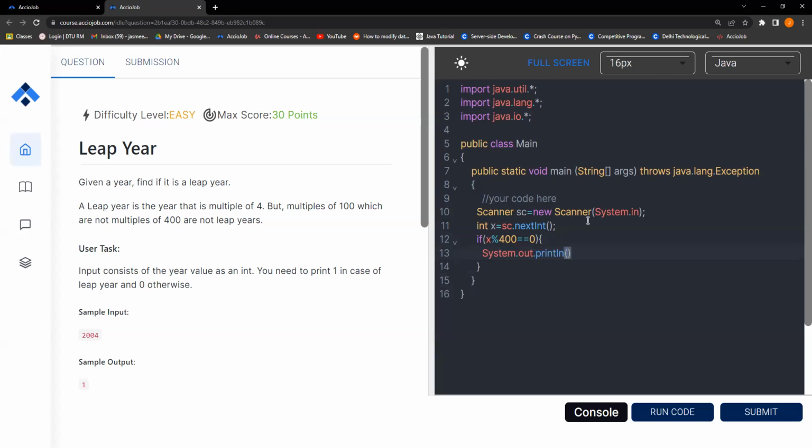What was the answer here? Anybody? 1, 2. So we can say we were doing this print 1. Now let's move to the else if part. What was the second else if? Anybody remember? X modulo,